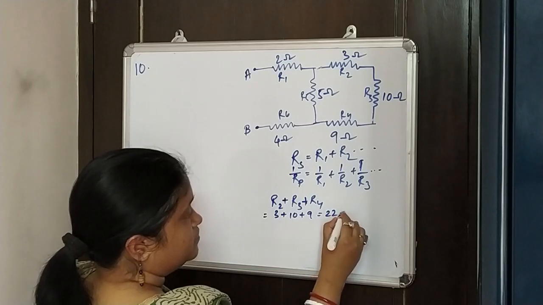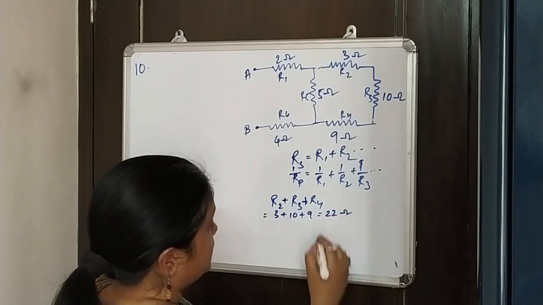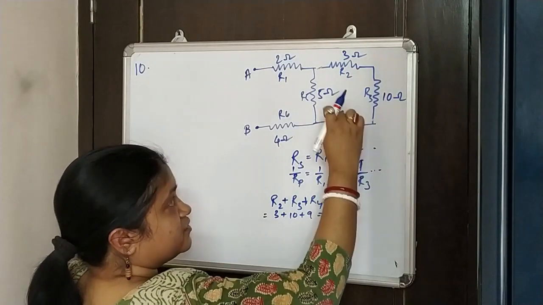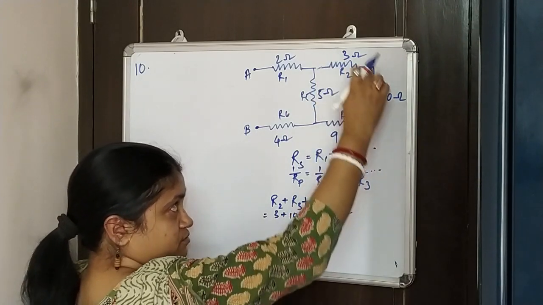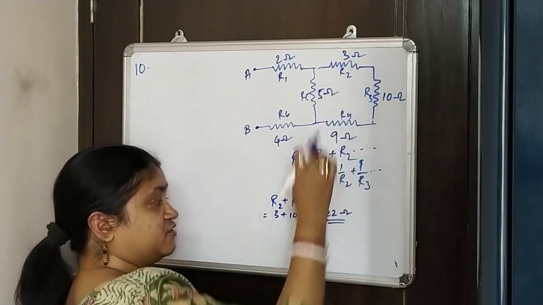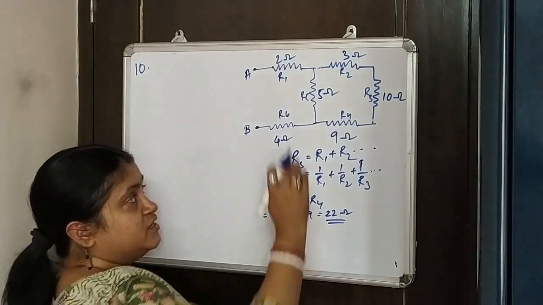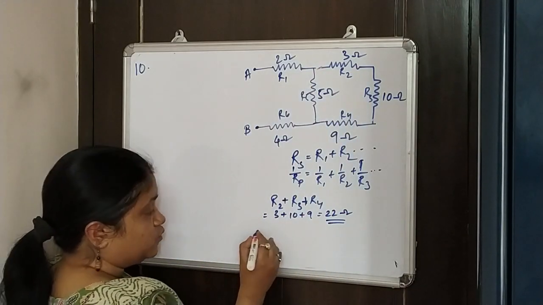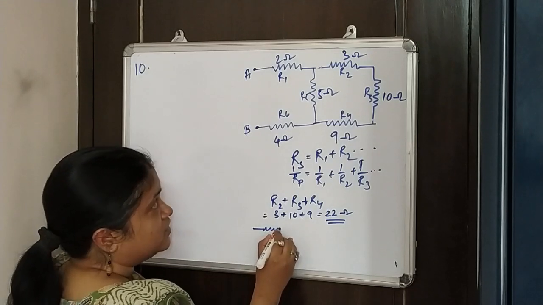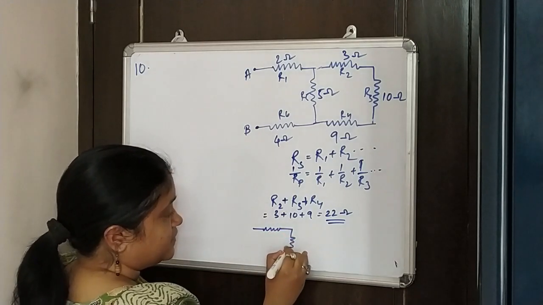So this will become 22 ohm, right? So this part of the circuit we can write as equal to 22 ohm. Now if you see, the same circuit would change, or we can write it in this way,